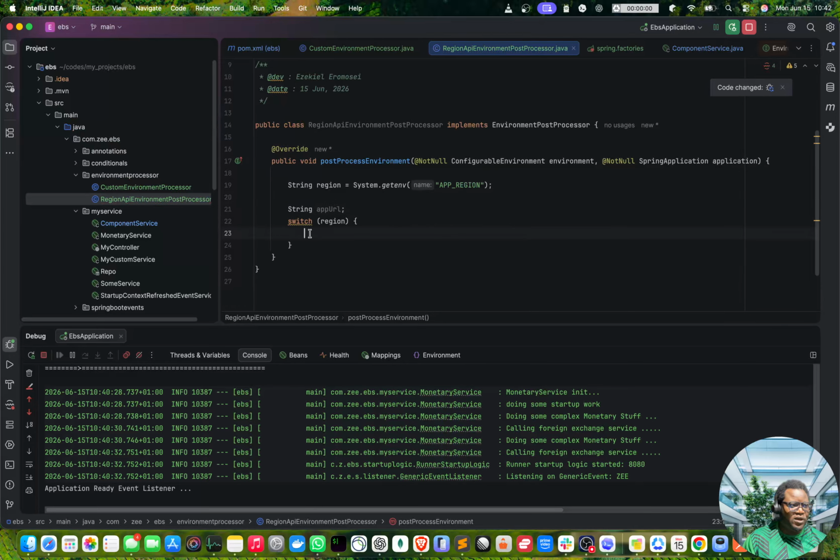All right. So if the region is, case, let's say the region is Asia. I want the app URL to be equal to, let's say, HTTPS, then Asia hyphen API .company.com. Let's have this. Then let's say it is Africa. Yeah, we're gonna break this. Yeah, break. Then if it's Africa,